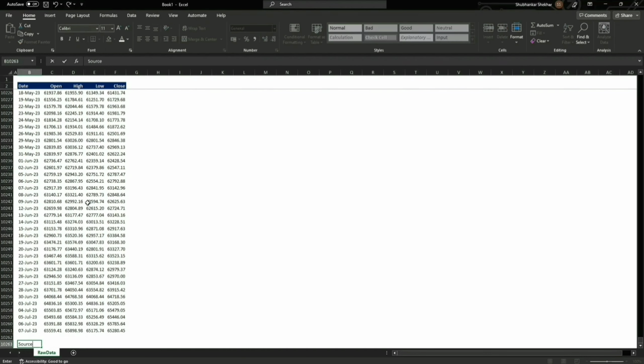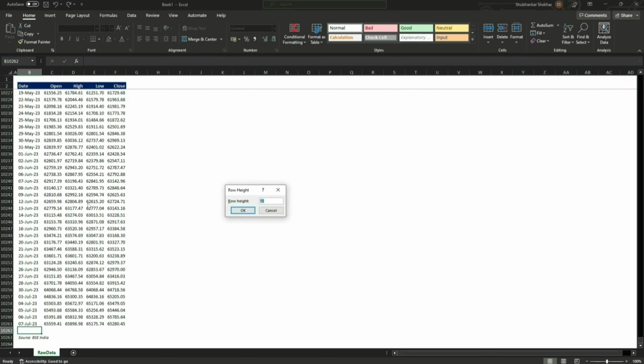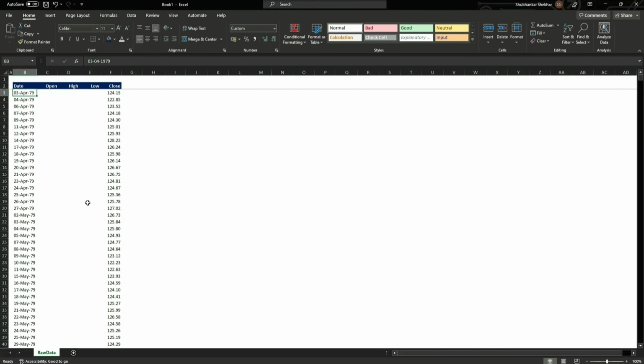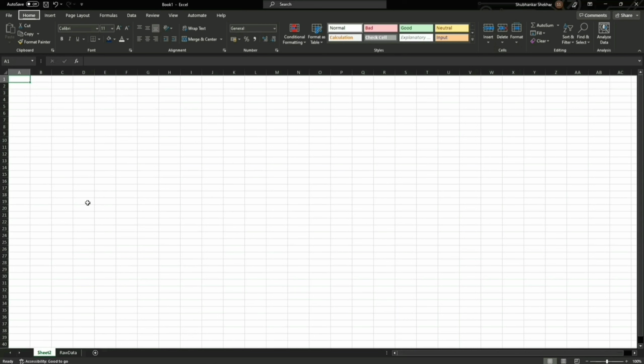And we are going to mention the source here as BSE India, and we are going to change the font size as well. Perfect. Okay, so now we are going to include another sheet and rename this as Sensex historical daily, right?